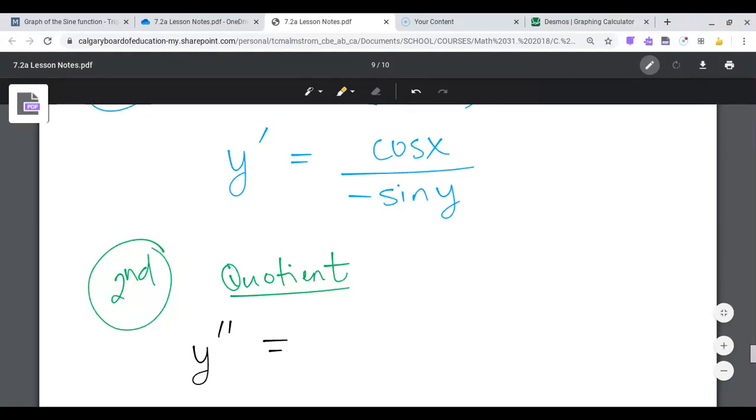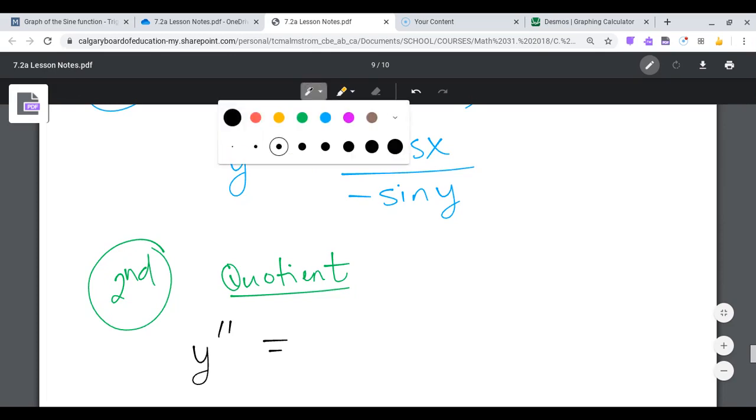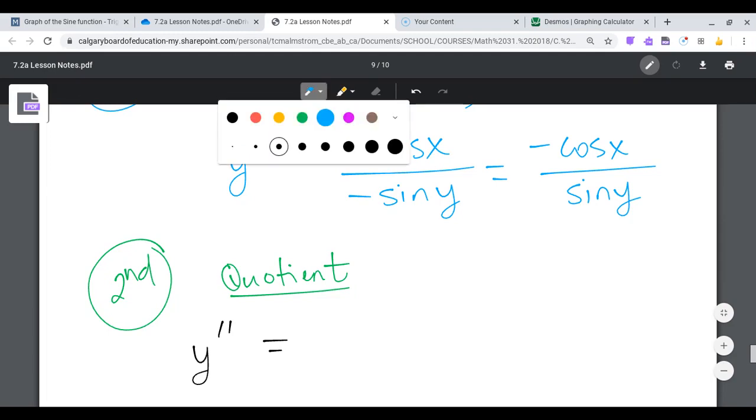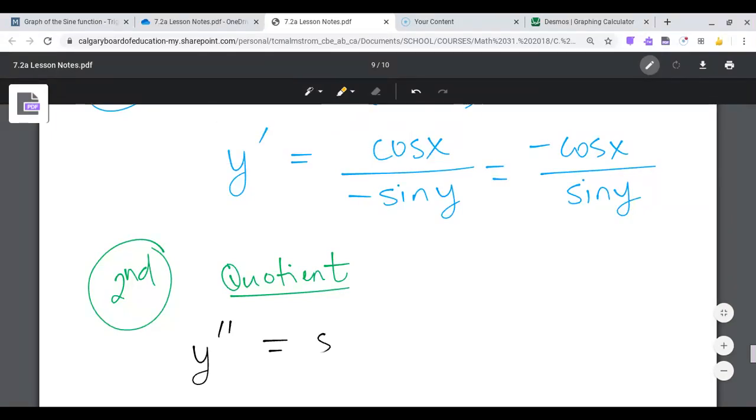is negative sine y. Or if you prefer to work with the negative up on top, we could write negative cos x on positive sine y. It doesn't really matter where you put that negative, only put it in one spot. All right, so if I decide to put the negative up on top, I would have my lower as just positive sine y